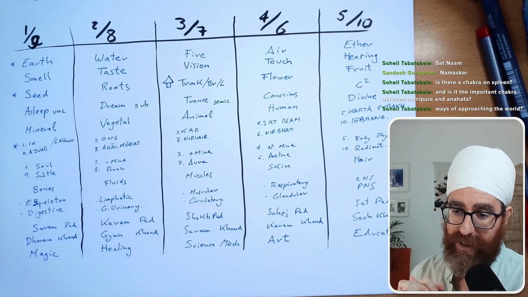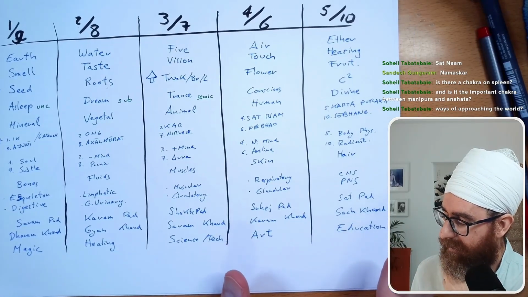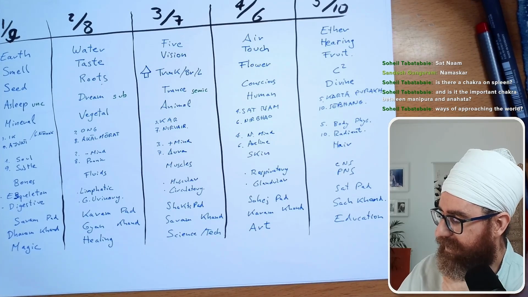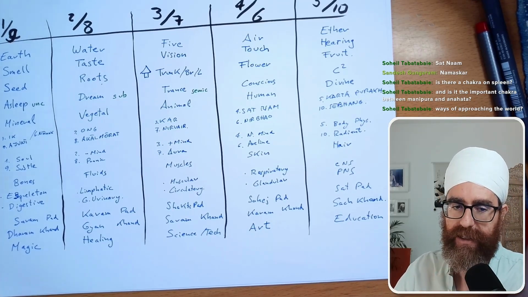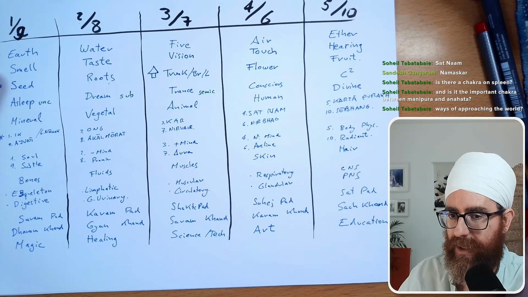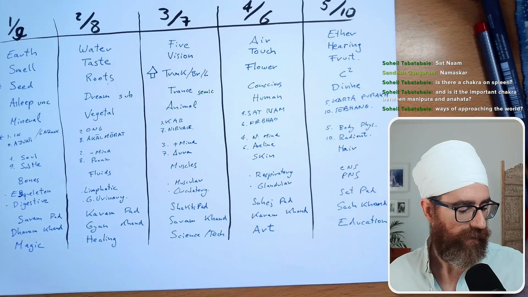Ways of approaching the world? Yeah, that could be it. Yeah, 5 ways of approaching the world. It's not skills, because skill is the language of 3 and 7, but 5 ways of approaching the world, maybe. Yeah. All right. Well,